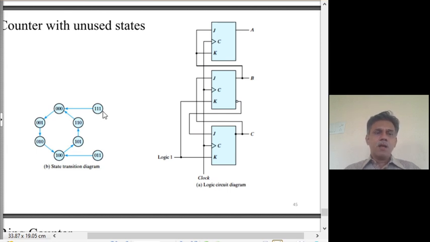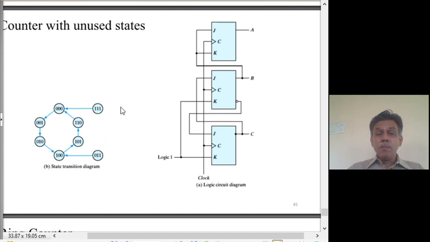Then should we just ignore it, or what do we do is the question. Well, you know that as long as you are in the state 0, 0, 0, you will only reach the state 1, 0, then 1, 0, 1 and so on. So you may argue that these states are never reached, so I don't even need to bother what happens in these 2 states.